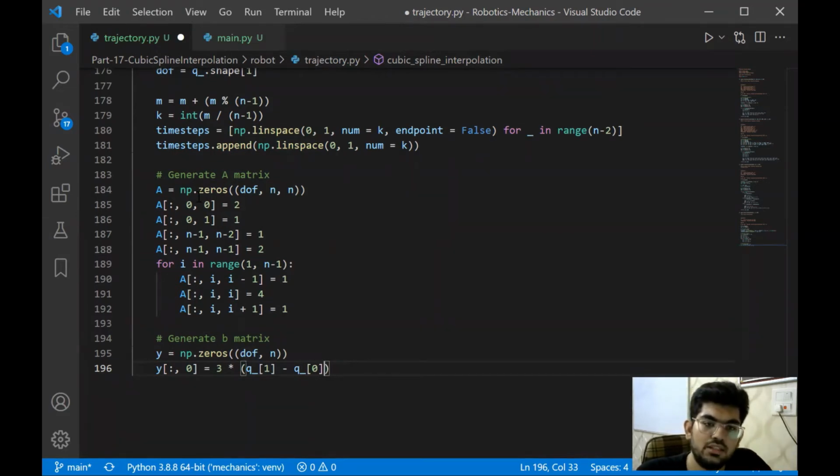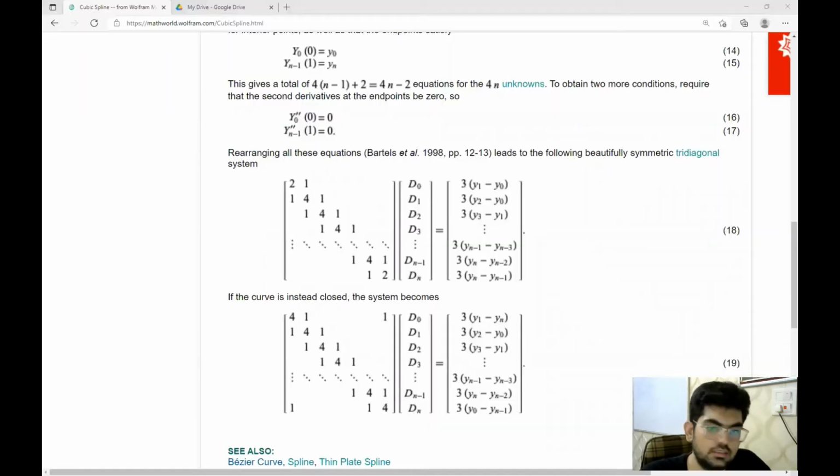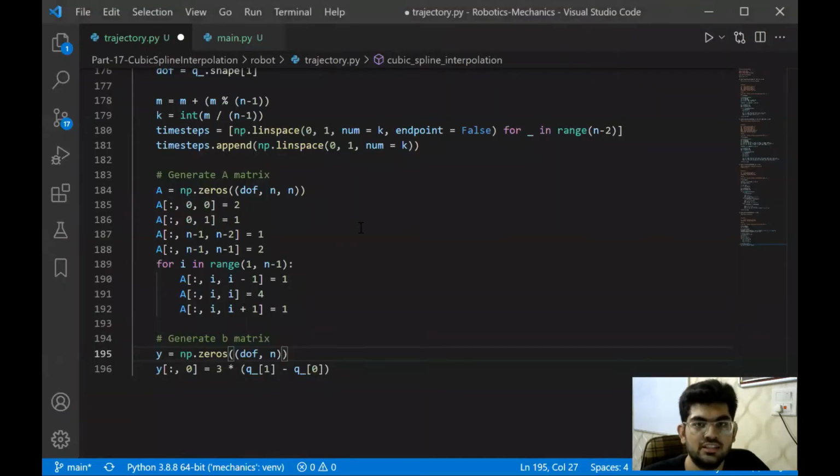All these values like the A matrix and the Y matrix that we have, and even the solution matrix that we're going to get, this D matrix over here, are all going to follow a conventional structure: the 0th shape is the degree of freedom, and then we have other shape parameters. But for Q, we are not following any such convention.